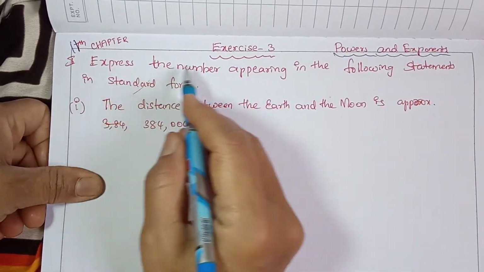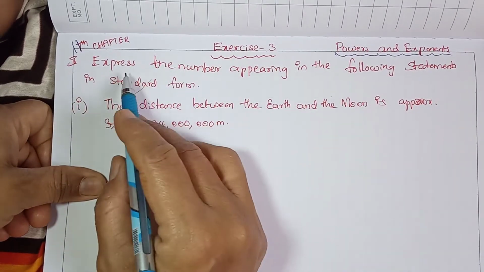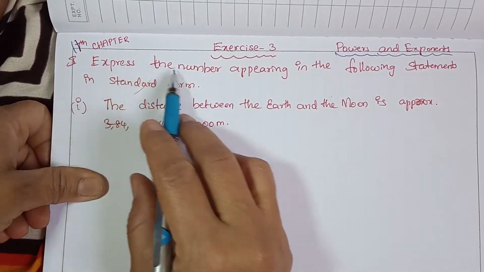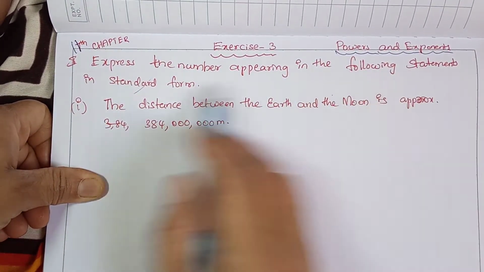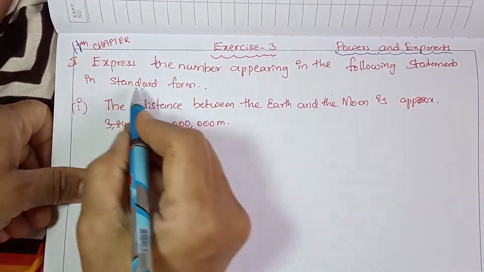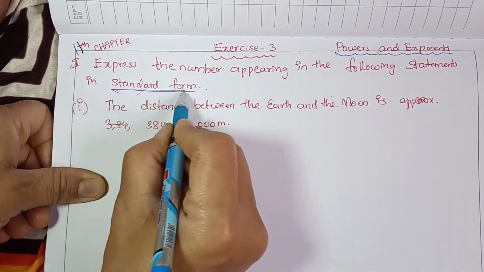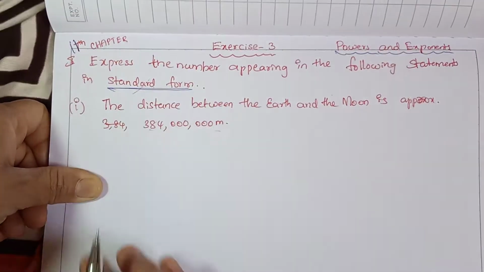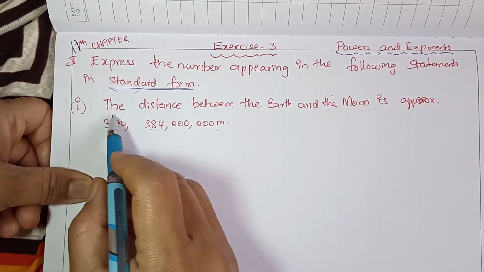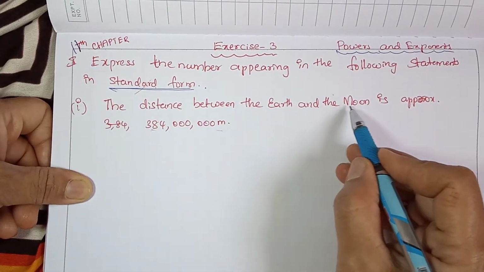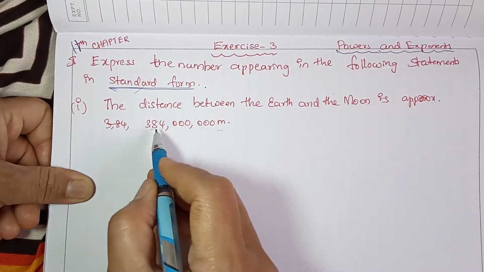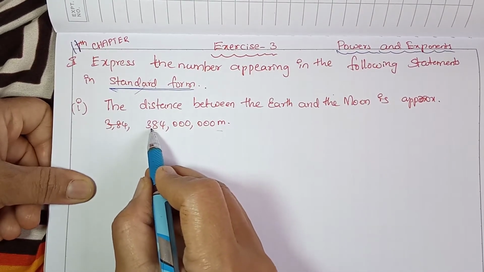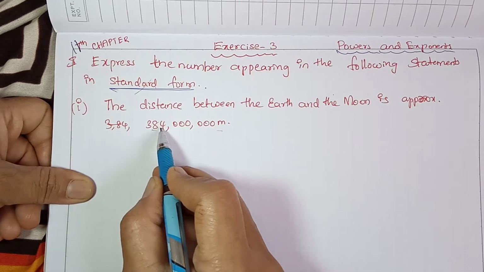So, in this third exercise, what is given here? Express the numbers appearing in the following statements in standard form. So, we have to convert the given value into standard form. What is the first question? The distance between the earth and the moon is approximately 384,000,